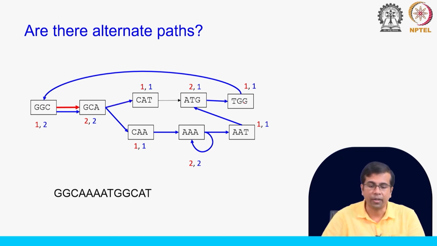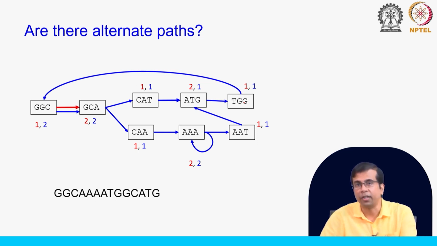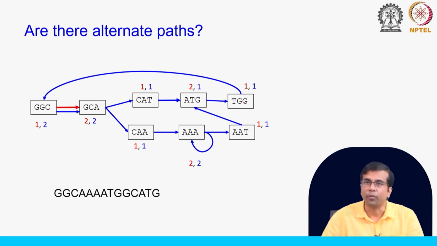So, we take the upper path CAT and then we reach the final node ATG. Okay. So, we have traversed every edge exactly once in this graph, and that means this is an Eulerian path, and corresponding to that path we have got the reference sequence. Now, we can compare this to the reference sequence that we started with,